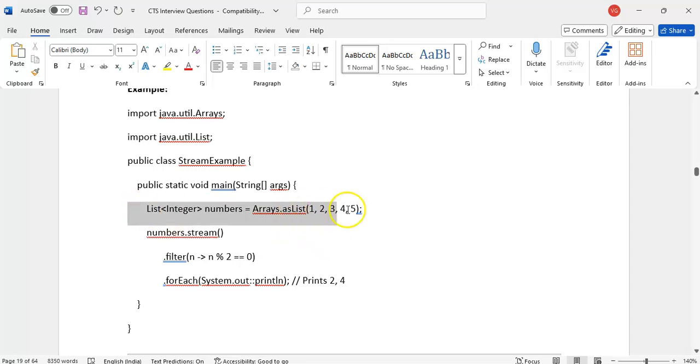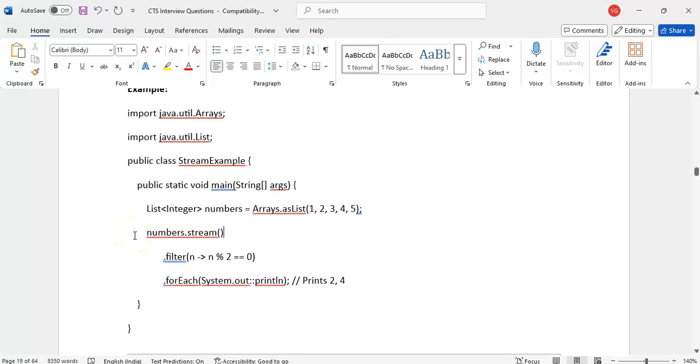Suppose I have a list, and this is the condition. I want to iterate the list and print only the numbers which are divisible by 2. That is how we would iterate normally. We iterate the list, write a for loop and an if condition. If it is divisible, we print.